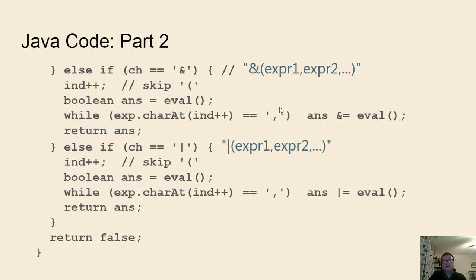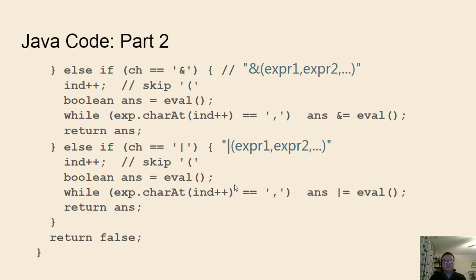Otherwise, when I get out of the loop, that means I read a character that's not a comma. Then it has to be the close parenthesis, at which point I just return the answer. And the logic for or is exactly the same, except that instead of AND-equal, I do OR-equal. And that's it for this